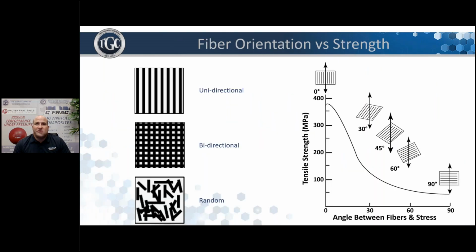Fiber orientation also has a direct correlation to nearly all mechanical properties. When designing your parts, optimizing fiber orientation needs to be taken into consideration. For example, random fiber mat is very inexpensive, but quasi-isotropic fabrics that provide fiber placed in 0, 90, plus 45, or minus 45 orientations can be very expensive. But the properties obtained by using them are nearly isotropic, hence the name quasi-isotropic.